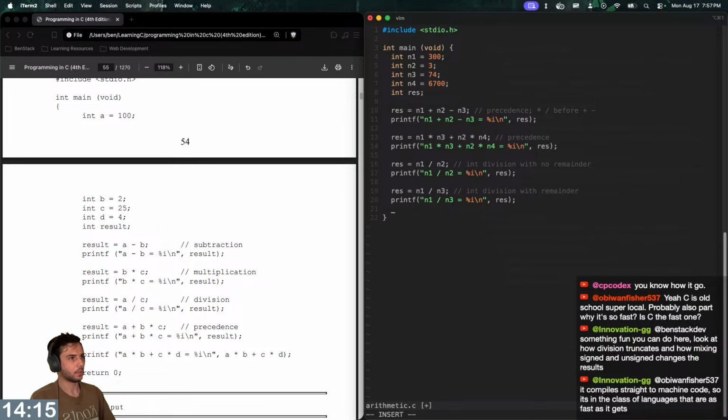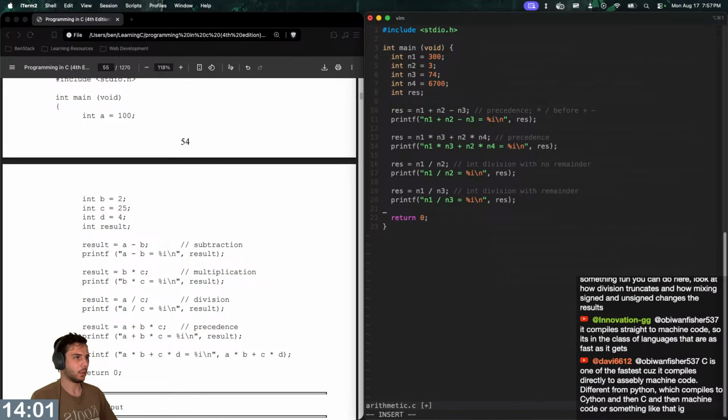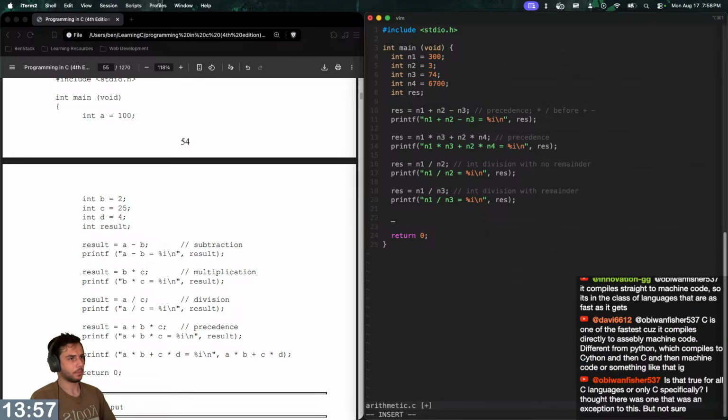Whoops. There we go. And then we'll do a return 0 as well. Something fun you could do here, look at how division truncates and how mixing signed and unsigned changes the results. Yeah, we could do that too. So we could even do that. So we could do signed, let's do int signed. Signed int, or signed number is equal to,